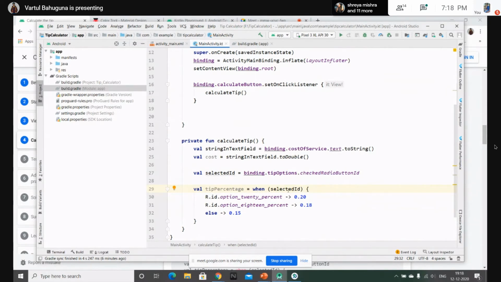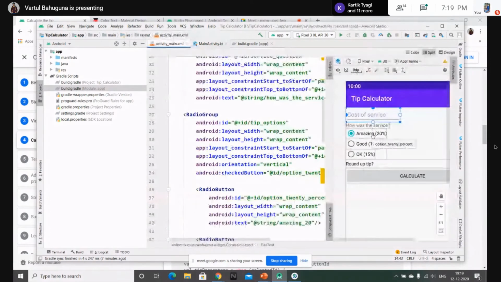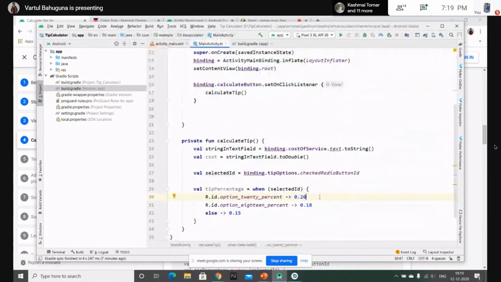So it says, when selectedId is R.id.option_twenty_percent, that's the ID of the 20% radio button, then it returns 0.2. That means if the service was amazing, the tip will be 20%, so we have converted it into the decimal 0.2, and that will be the tip percentage.